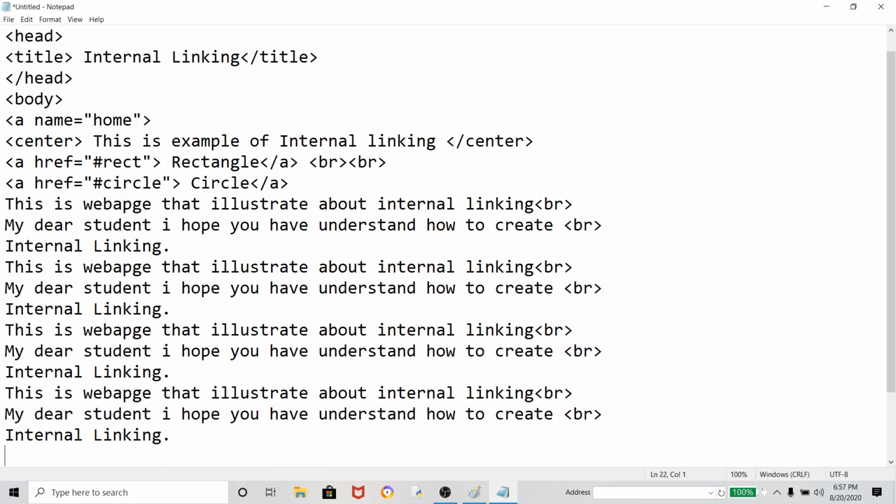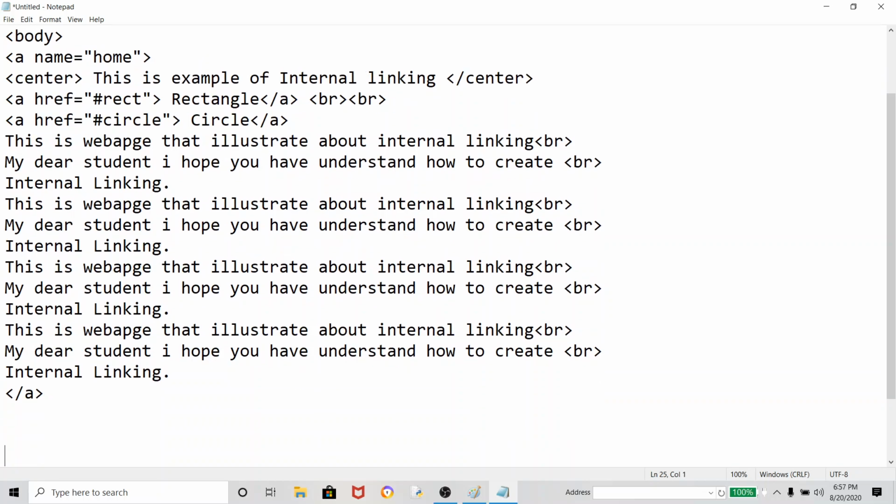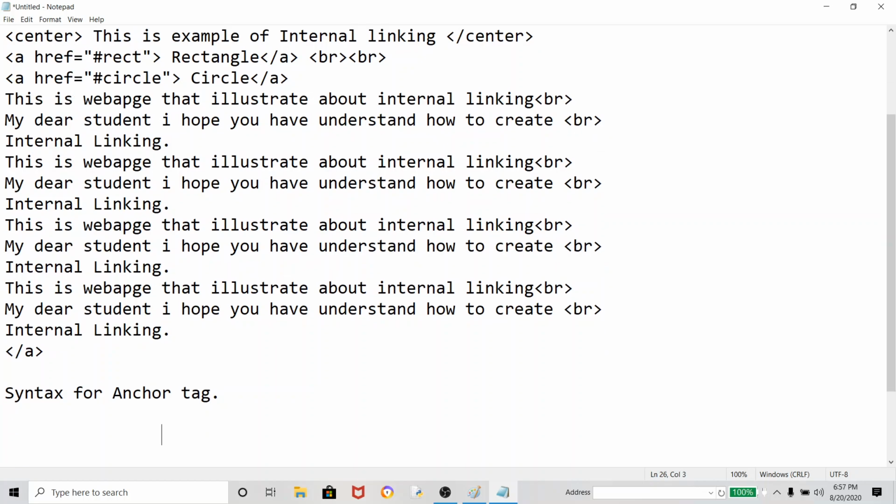Now this one is being closed off home, so what I will do, I will close this anchor tag, which is not closed. Clear? So I have to close the anchor tag. The anchor tag is very important to close. If you do not close the a, then all the information may show as a link. Let me tell you once again, clear, how we use the syntax. I have not taught the syntax for the anchor tag. I have to use it like this: a href is equal to name of link. Clear?